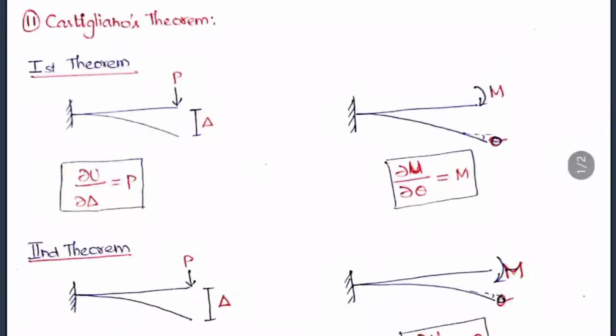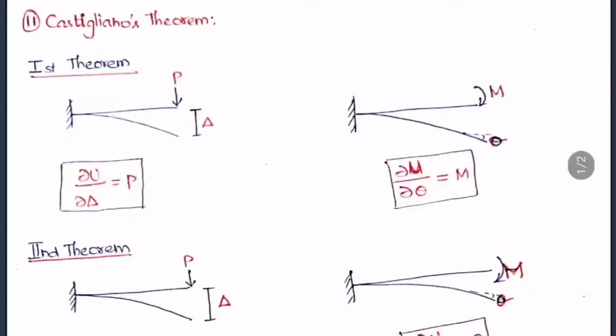So now we are going to see about Castigliano's theorem. In this there are two theorems, first and second. In the first theorem, if there is a structure and a load is applied, there will be a deformation under that load. Okay. So the partial derivative of the strain energy with this deformation will be equal to the load applied at that